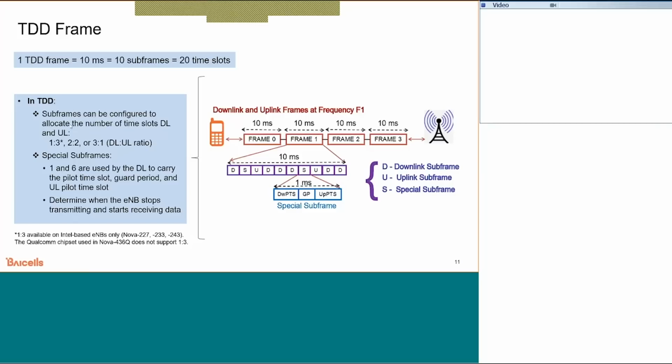So Baicells supports two main configurations. That's configuration 1 and configuration 2. Configuration 1 has equal weighting between uplink and downlink, and there are 5 millisecond spacing apart between switching from downlink to uplink, so it has better latency. Then the other configuration,